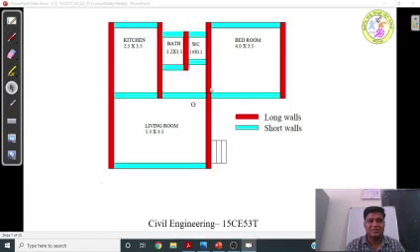And this is a typical example of how the long walls and short walls look after calculations. That is, I am going to consider the long wall from end to end, and in between that, the lengths from here to here, from here to here, from here to here are called short walls. So all the walls spanning in the y direction here are considered long walls, and all the walls spanning in the x direction are called short walls.